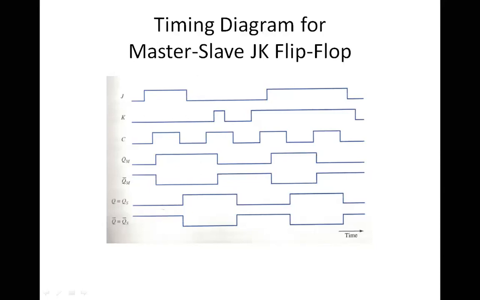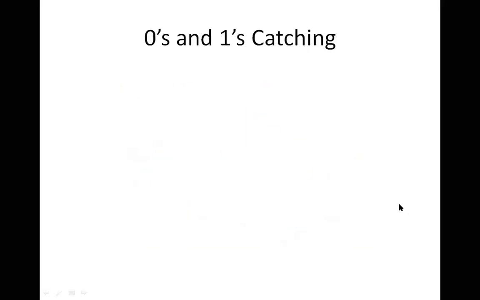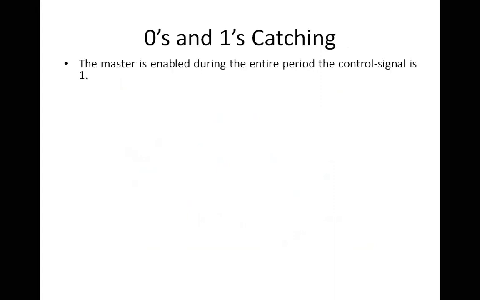No, sir. It's clear, right? Okay. So the same concept you'll have to apply based on your truth table. So truth table is very important. Now there is something called zeros and ones catching. So catching zeros, catching ones. So maintaining the output values as 0, maintaining the output values as 1. So that is nothing but your zeros and ones catching. Not many times I have seen this question coming up in your semester examinations, but since it's there in your syllabus, I thought it's appropriate for us to try and explain what this catching is all about.